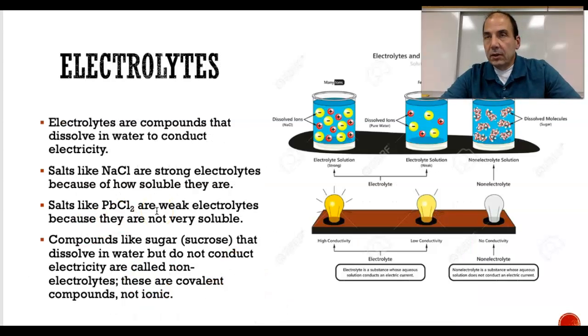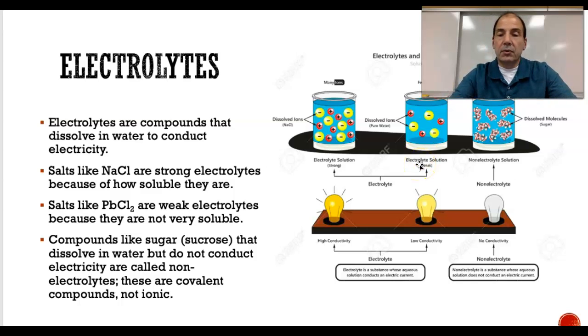When we talk about these compounds, we usually talk about electrolytes, like you talk about with Gatorade. Electrolytes are compounds that dissolve in water to conduct electricity, and the reason they do that is because of the abundance of ions. So a strong electrolyte is going to have a lot of ions because it dissolves and dissociates very well. Whereas if it's something like the lead chloride I mentioned, something that dissolves a little bit,